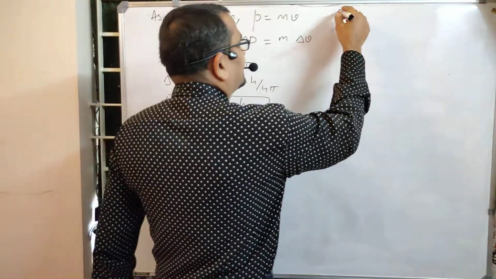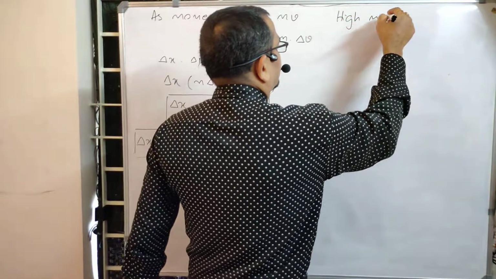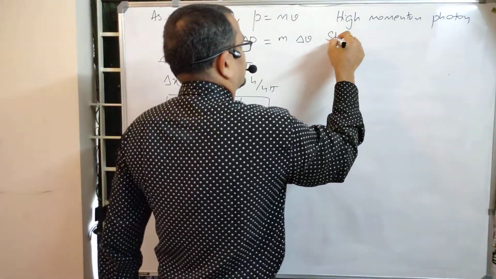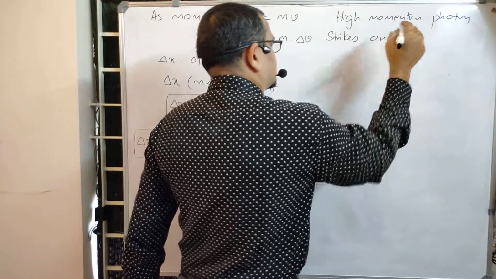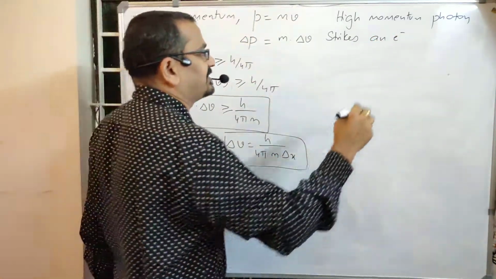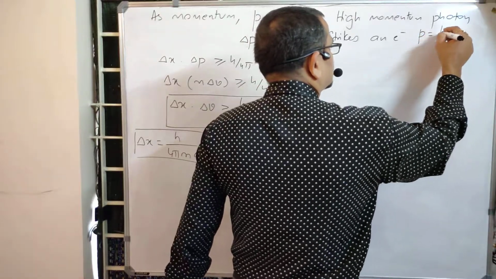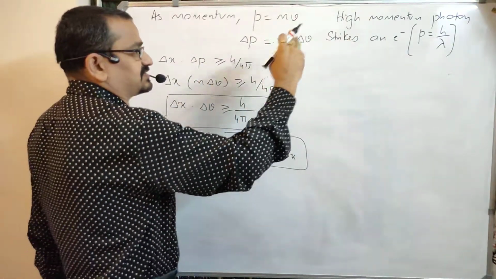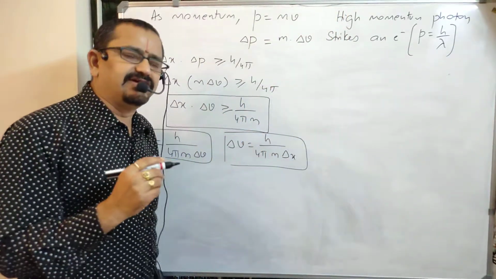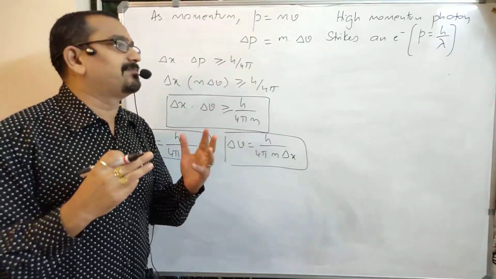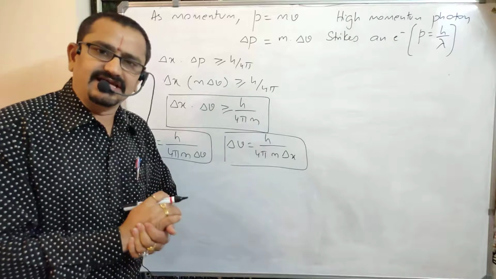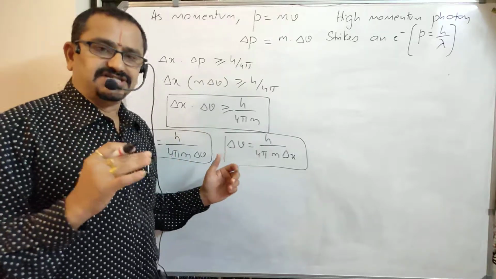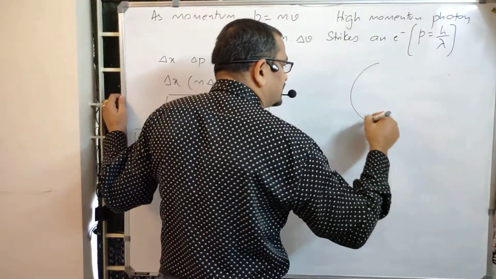Now, when a high momentum photon strikes an electron, what happens? Momentum is equal to h by lambda. So from de Broglie's wavelength equation, we are getting this expression. When a high momentum photon strikes an electron, because of that illumination, the position can be determined with accuracy. But with no doubt, its velocity will definitely be uncertain, because when a fast moving electron, suppose this